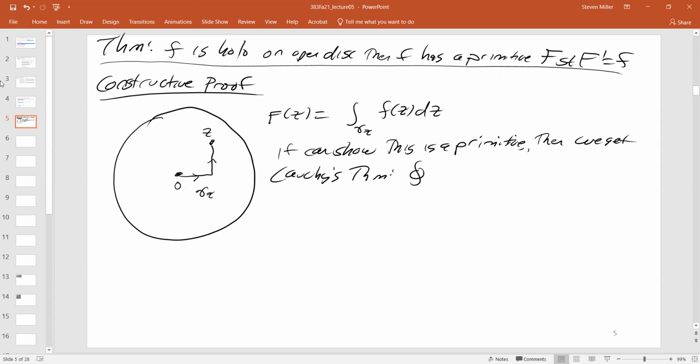The integral along any closed path of f of z dz equals 0. So if gamma is, say, gamma of z plus some other path,